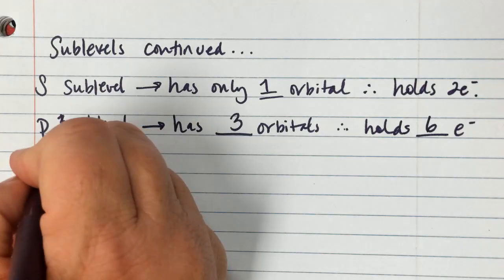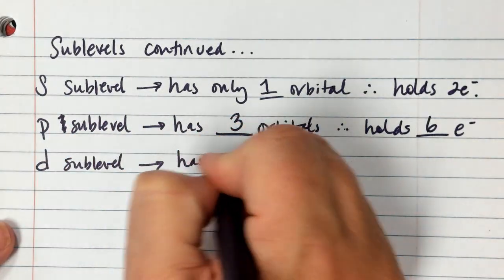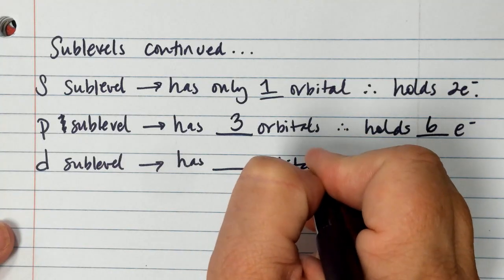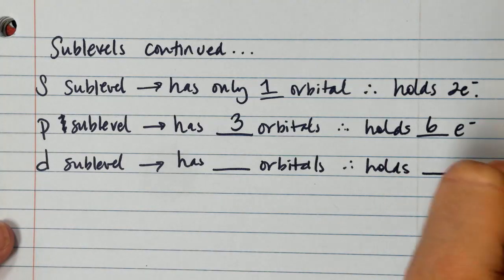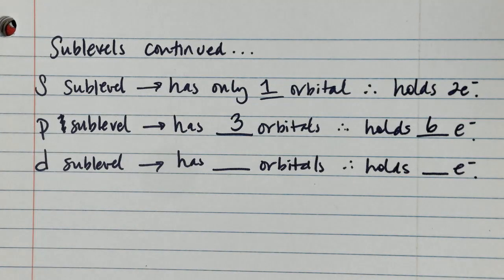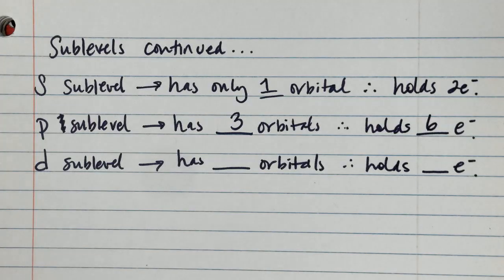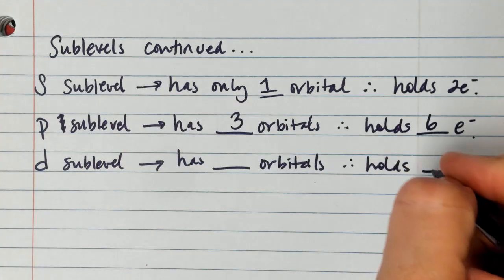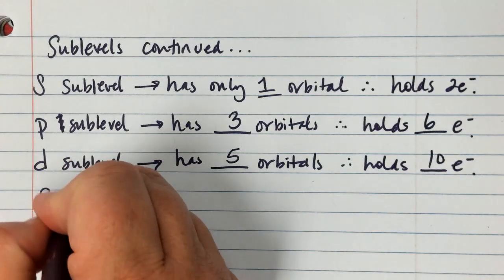Okay, the next one is your D sublevel. It has how many orbitals? Don't answer out loud. And therefore holds how many electrons? And you can work it backwards. Like I said, you can start with electrons and work backwards. That's fine. So figure that one out. How many electrons can a D sublevel hold? 10. It can hold 10, so it must have how many orbitals? 5. Good. Okay, and then F